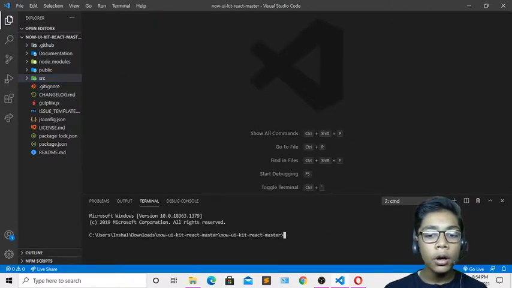Then you will also have all these files, which I have in my folder of UI React Kit Master. So here you have to come, and first of all select a location where you want to create your React app or React folder, which I am creating. So you have to select the location. I will select E.